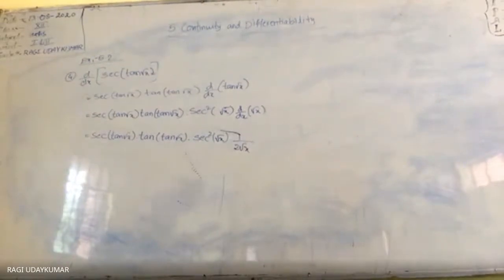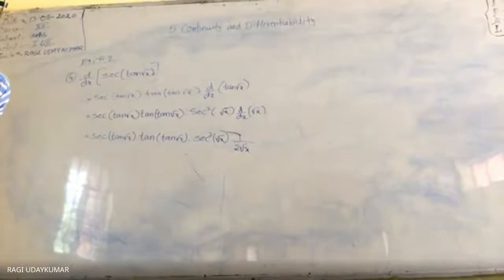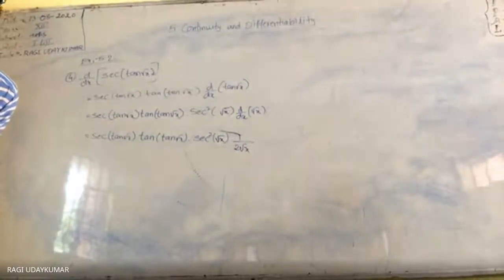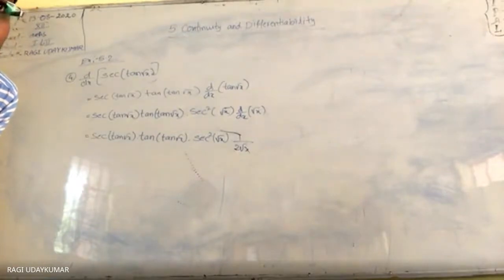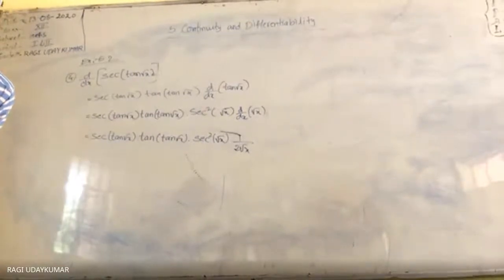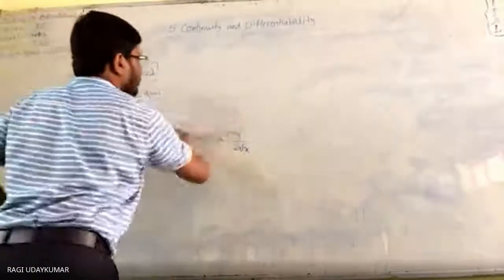The fifth one is based on a quotient, and the sixth problem is product based. So these two problems let us see. We'll complete this exercise, then after that we'll take a break. Then we'll continue with the second exercise. In this, the 9th and 10th problems are a little bit different. The remaining problems are all easy only. So it's not very difficult for you. So let us go for this.